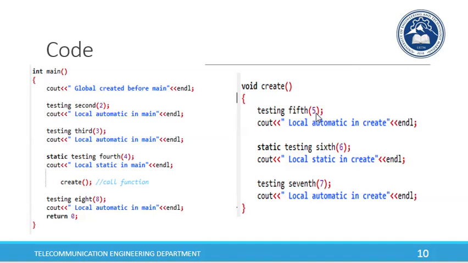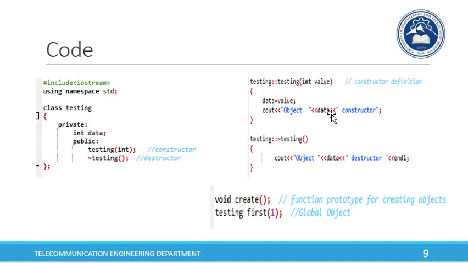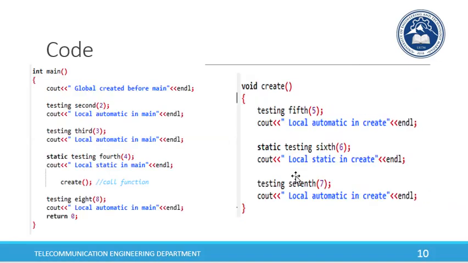So this will come instead of this data. You can see that we have created objects globally, some in main and some in a function. Some objects are static, while some are normal objects which we already created in our previous labs on classes. So the output will be